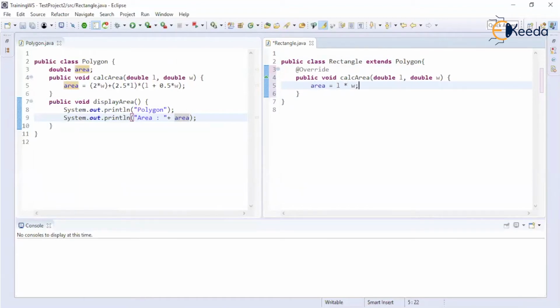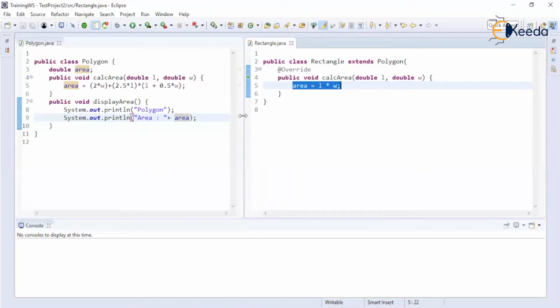So what I have done here is I have kept the signature as it is and I have changed the implementation. The need is that the subclass needs to make use of the same functionality and follow the same standard, but its requirement is different from whatever is available in the superclass. So this is nothing but method overriding. When you have inheritance and a superclass method must be defined in some different way, that is termed as method overriding.